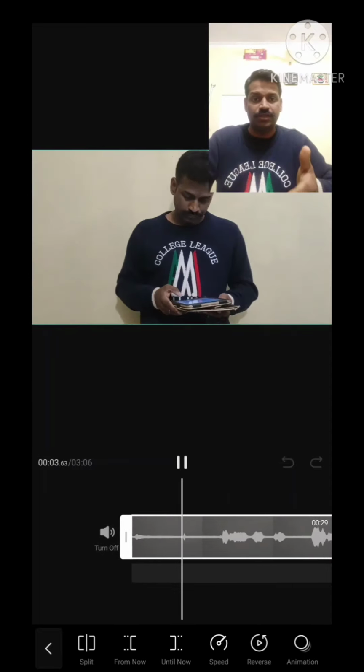The benefit of the Vita app is that it shows you all the video parts in a very structural way. So if I click on my video, you can see that there is a straight line and then there are zigzag paths, right? Which means that is the part where the audio is there. So even if I play this, you will see that I'm just coming in front of the screen.